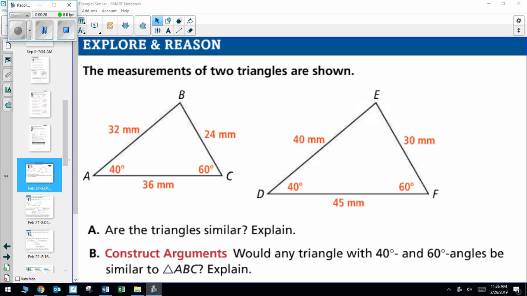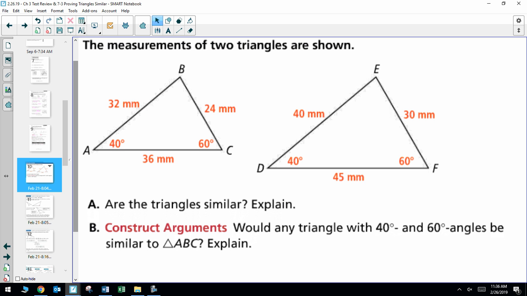Yeah, okay, why do you say those are similar triangles? I mean, the one's just bigger and the one's smaller. Yeah, the angles are the same, and one's just a little bit smaller than the other. So there should be a common scale factor for every side, right? If, say, I'm multiplying by a fourth,